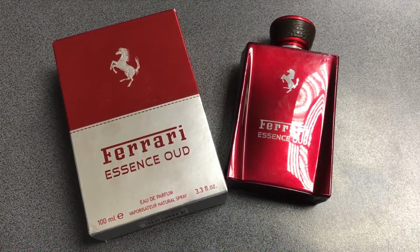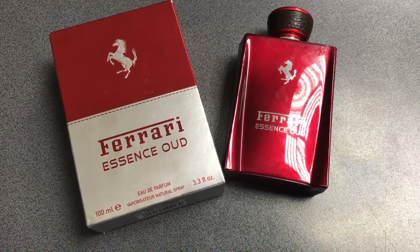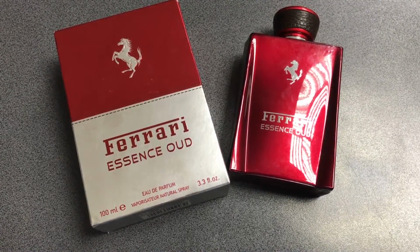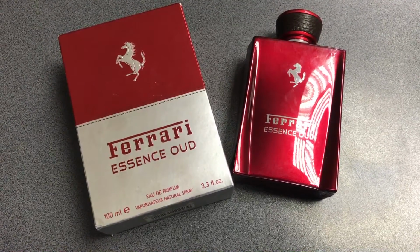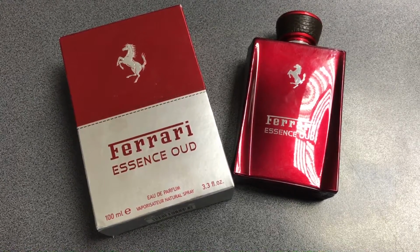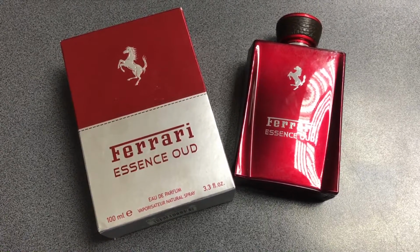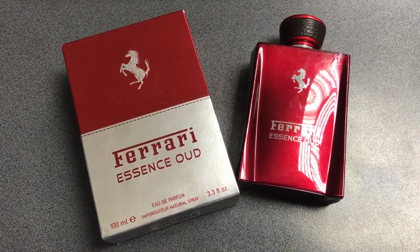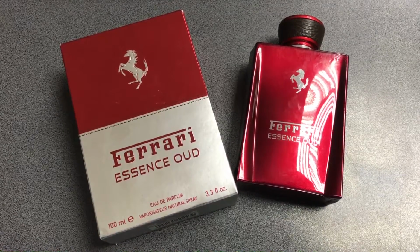Price range, it's somewhere around 30 to 45 euros because I live in Europe, and basically this is a very, very accessible fragrance. I would also say that this is a good starting point for those who are looking to get into oud based fragrances. This isn't something that's as powerful, if you want, and